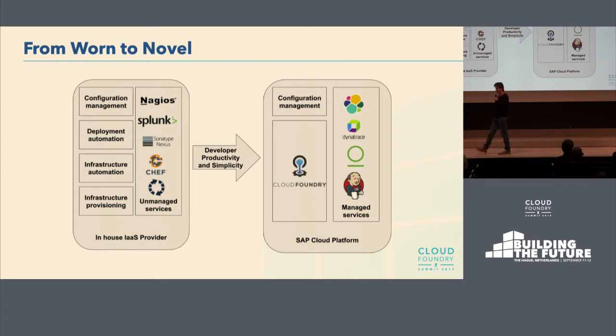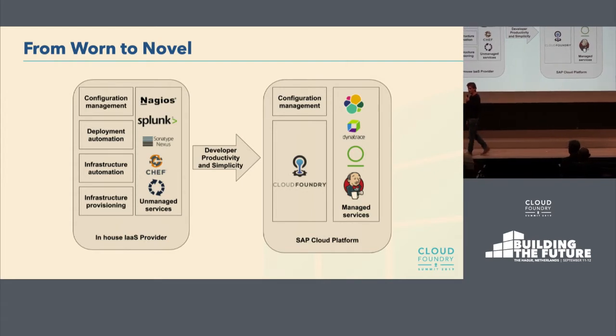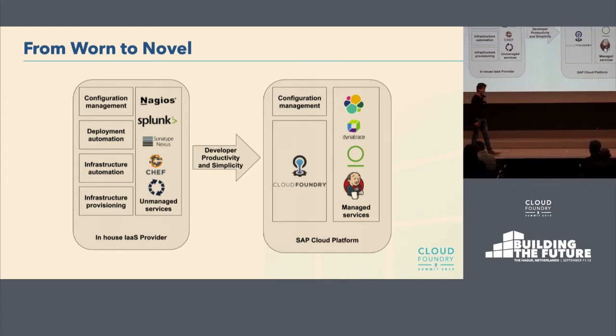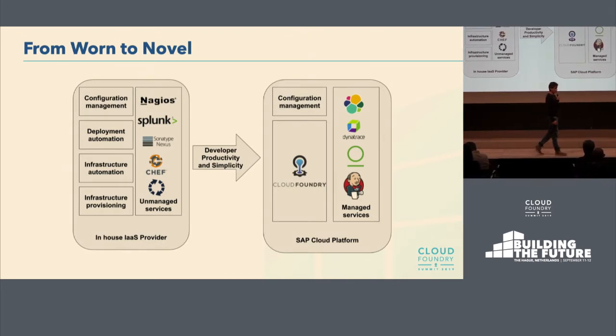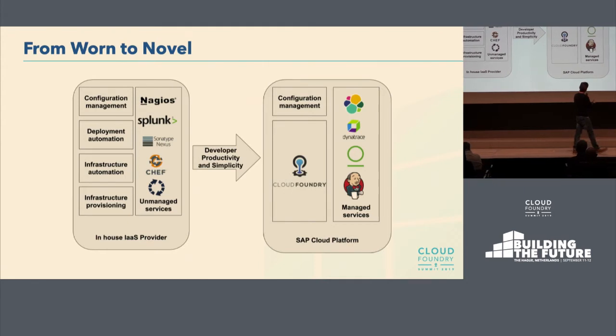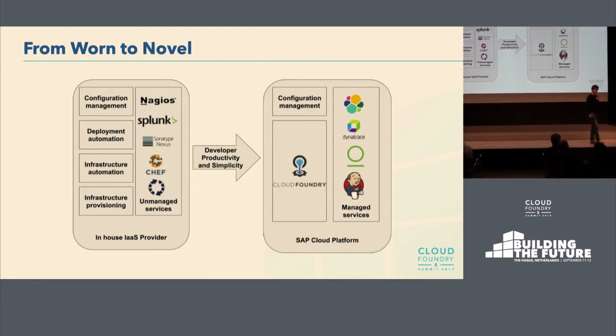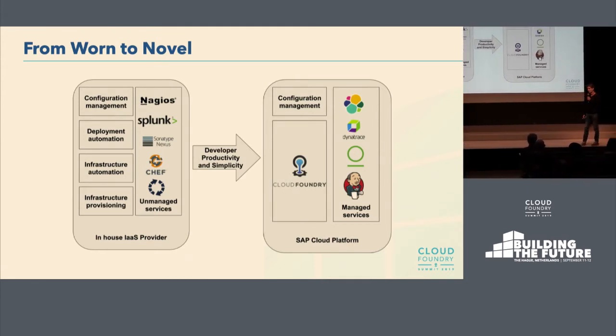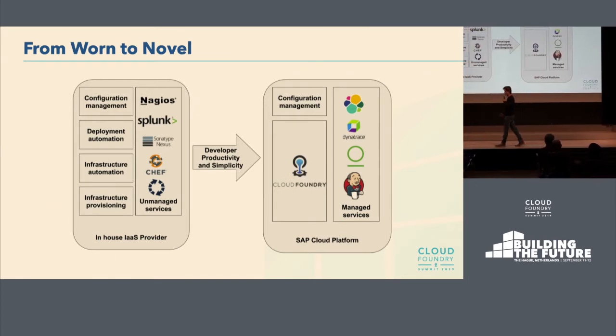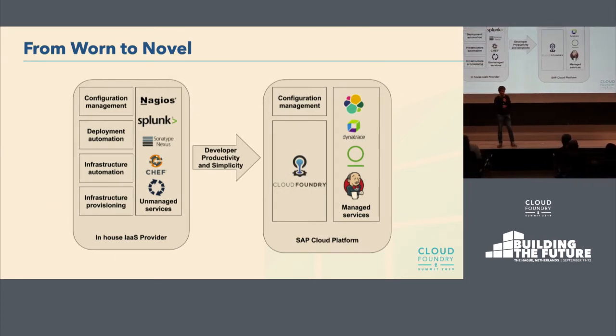Choosing Cloud Foundry really allows us to focus mostly on the important thing that we are doing, writing and building software. We could completely get rid of all the infrastructure hassle by just using Cloud Foundry, which basically substitutes all the hassle around infrastructure, provisioning, and automation, and including also the deployment automation.